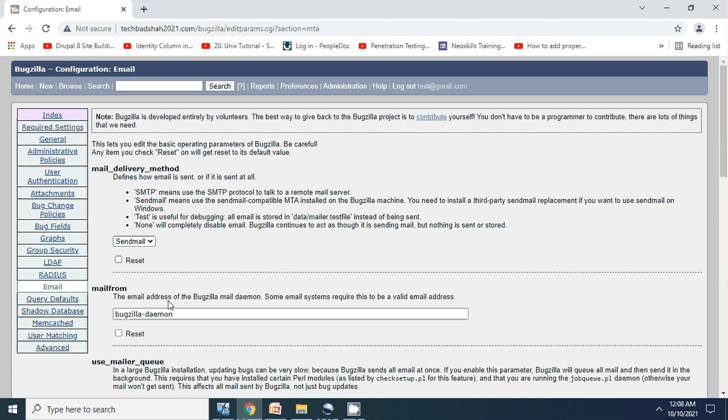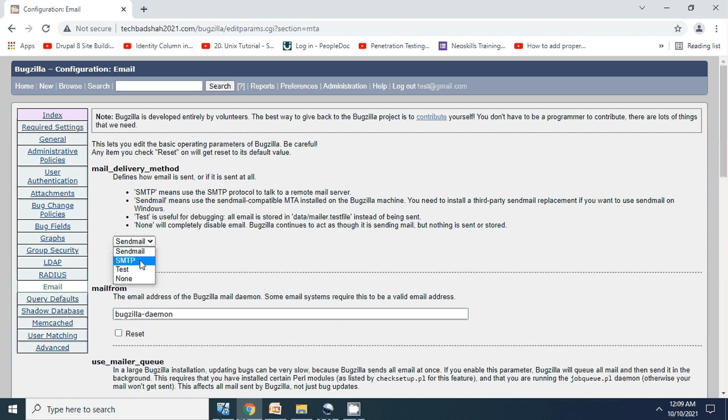At this time, by default, you can see it is selected as sendmail. In your settings, I would always recommend that you go and set it to none, to avoid any issues. If somebody tries a forgot password or some action where an email is going to be triggered, the system will try using sendmail and there will be unnecessary errors. So I always recommend going and making it none.